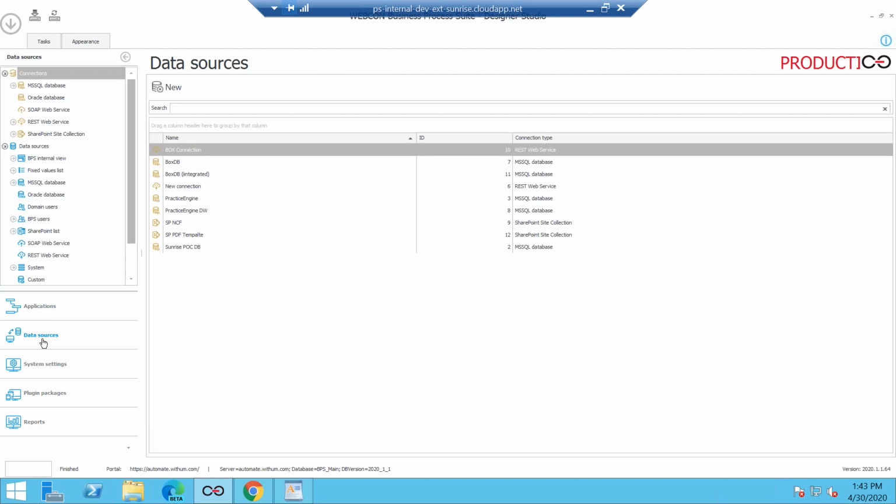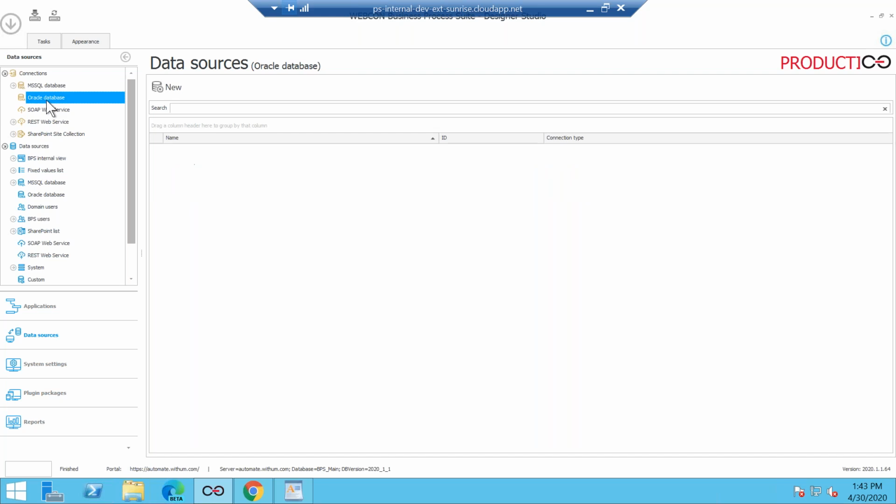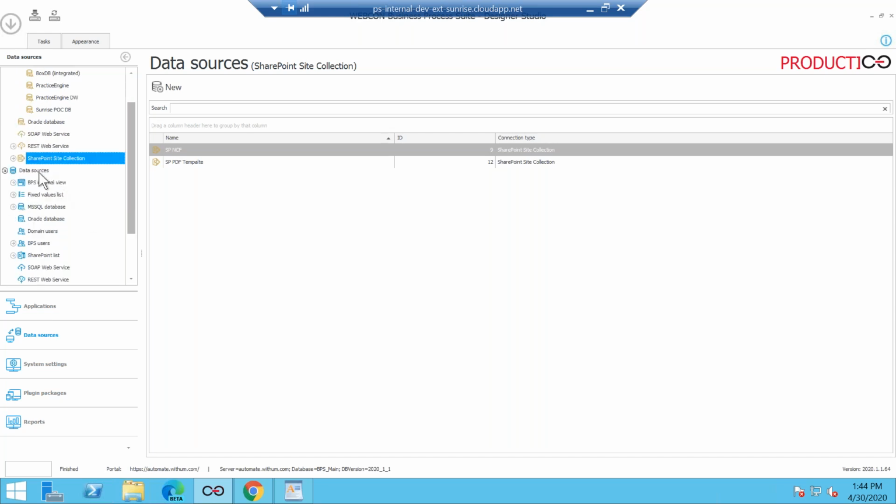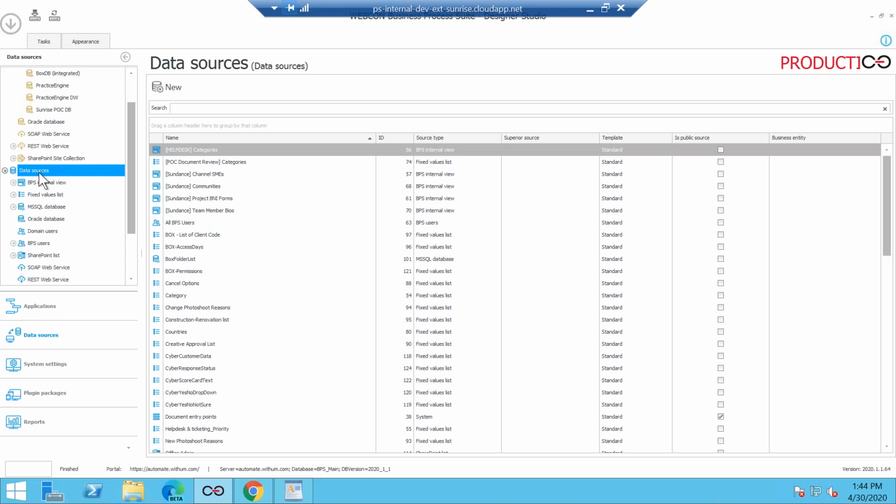Awesome. So here I want to quickly talk about the multitude of options you have for connection strings. You could connect to various sources. As you can see on the left navigation, you have your SQL database, your Oracle, SOAP web service, REST web service, SharePoint, whatever you want. So we have some sample connections here, and then right below, you create your data sources using the connection from above. And here again, for data sources, you have a lot of different options.